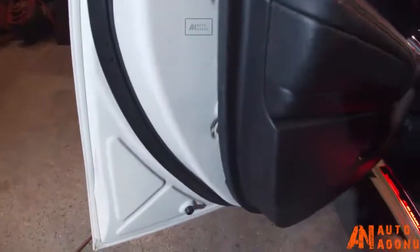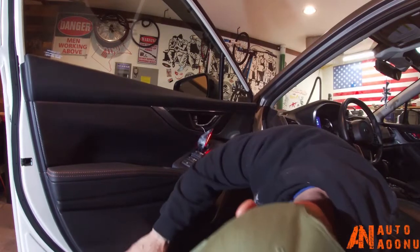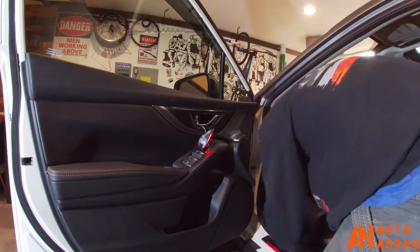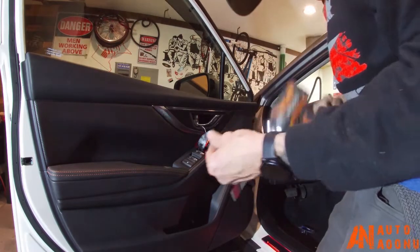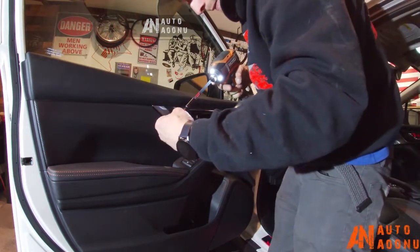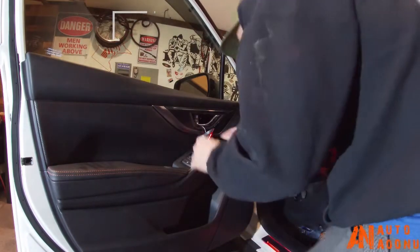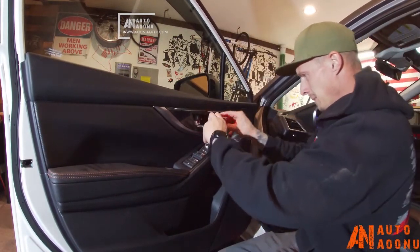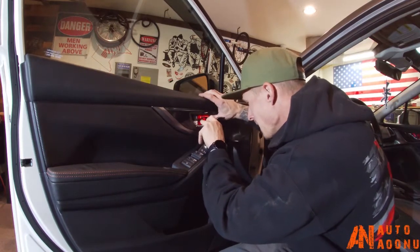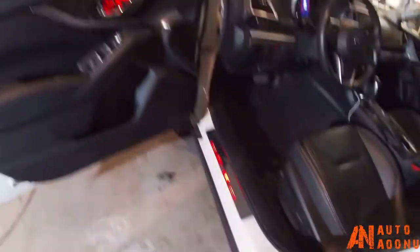I just got to line my push pins back up and click them in. Push your door back in. Take your two screws, screw them back in. Now you can put your little door handle piece back in. Mine's got the light attached to it, so open her back up. Now you got the Subaru logo there,